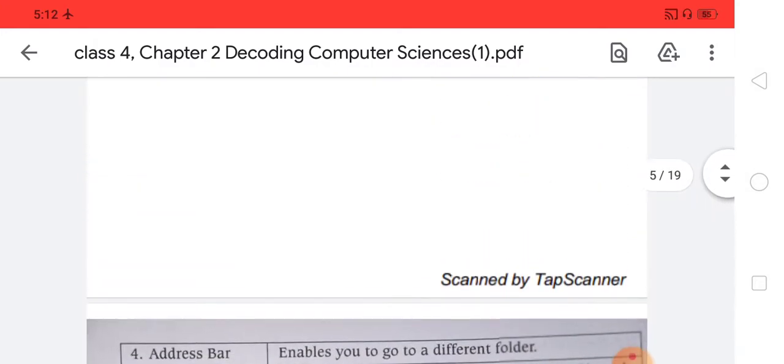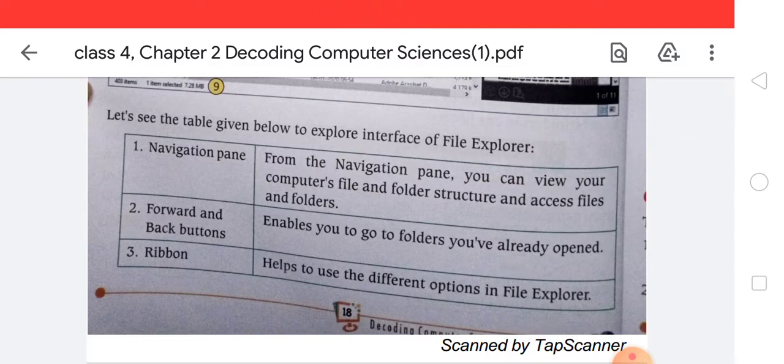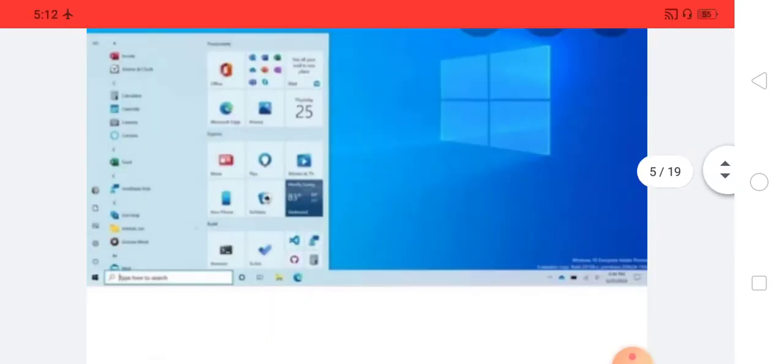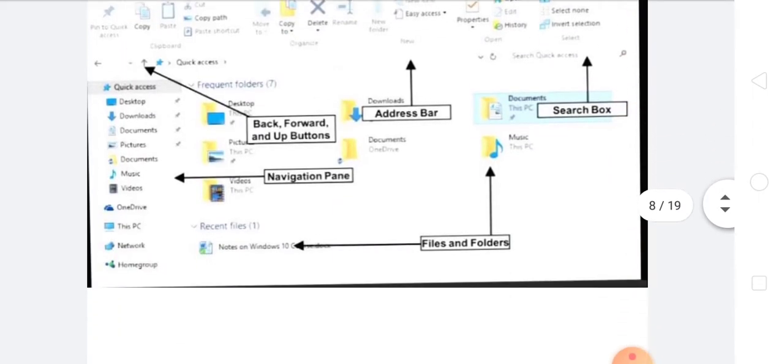Then after that, the next interface is the ribbon, which helps you to use the different options in the file explorer, and you can see here this one is the ribbon.